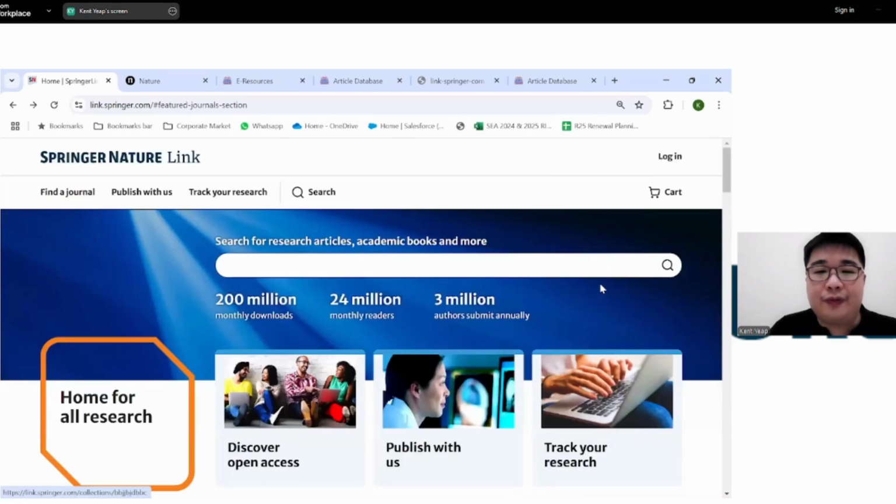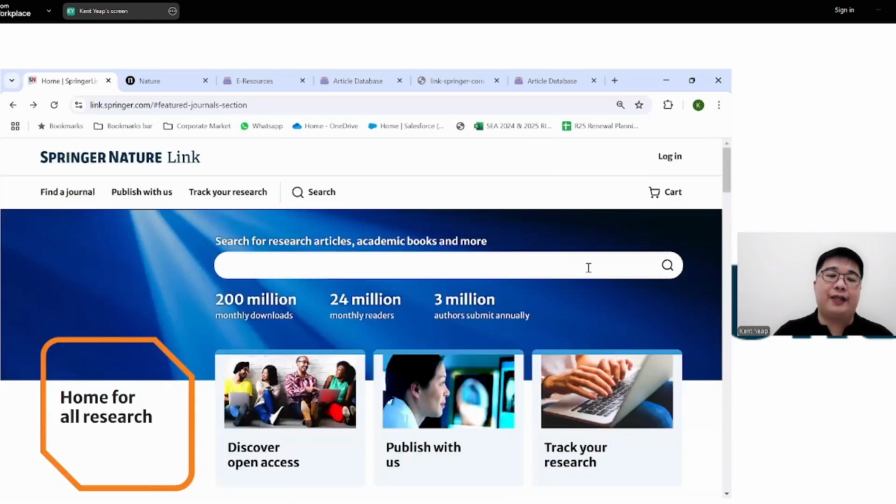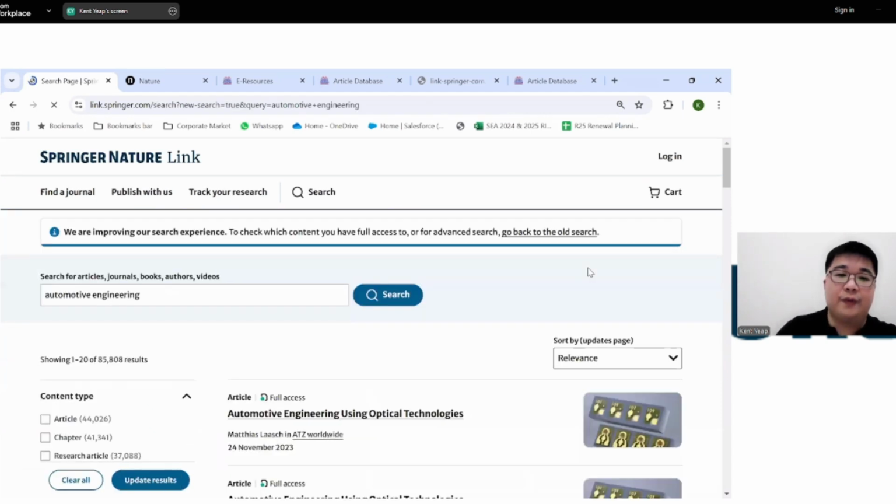So if I go back up to the homepage, I think we can begin and use an example to do our search journey from here. So I will just use an example of automotive engineering, okay, and just click enter. If you'll notice, now, let me just double check. Yes, it has changed. You will notice that we are now brought to what we call a results page.